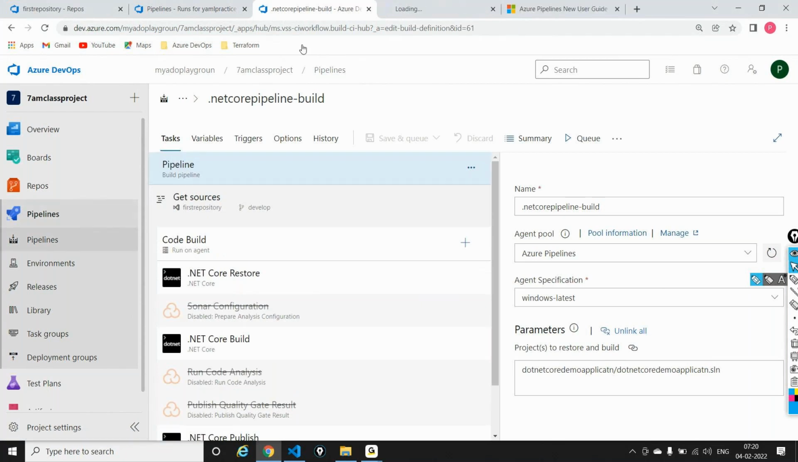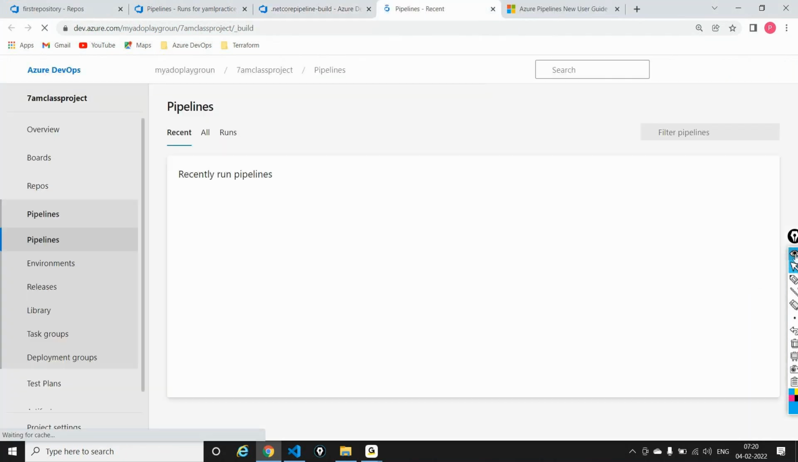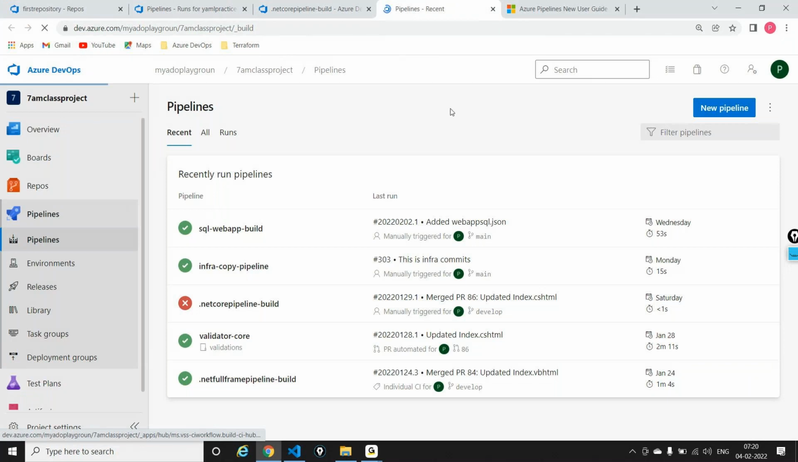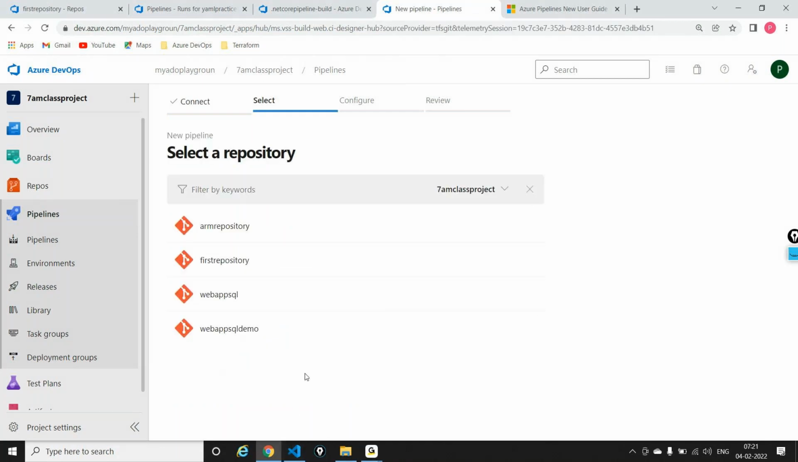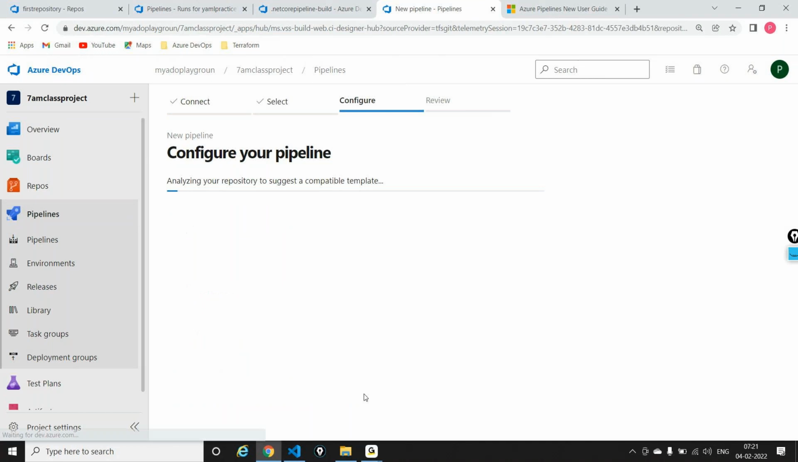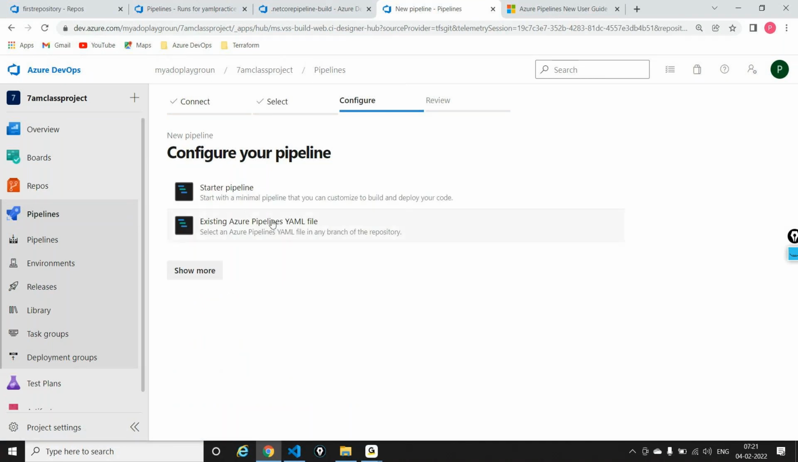And now I'll create a new pipeline out of this repository, and I'll say new pipeline. Instead of using the classic editor to create the pipeline without YAML, I will now go for this option called Azure Repos Git. This is where my code is, and I want to start writing something known as a YAML pipeline. So I'll click on this one, and this is the first repository that I do have, and I will say a starter pipeline, meaning I want to write it from scratch,